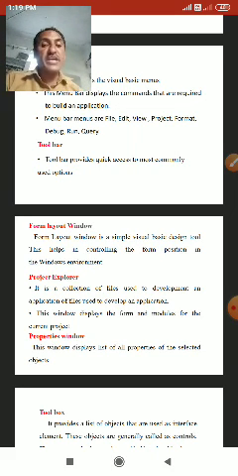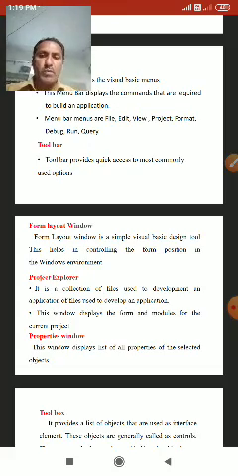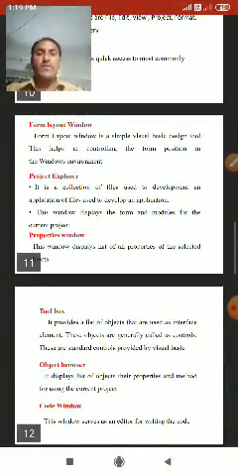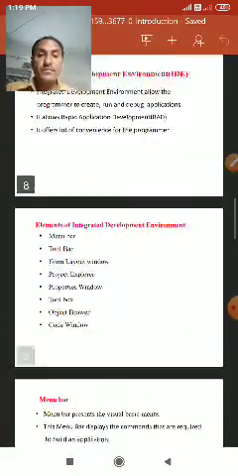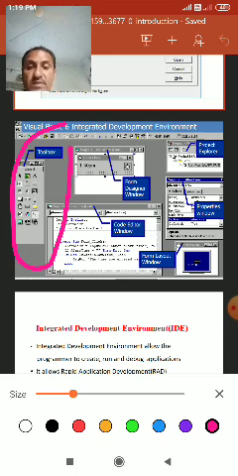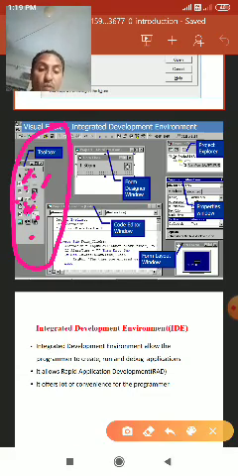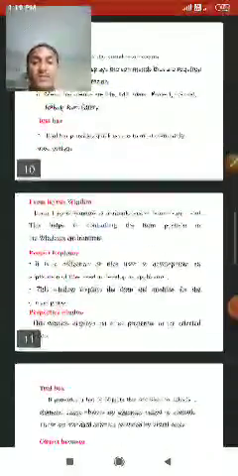Many options are in the toolbox. First of all, we take toolbox number 1. This is the toolbox, and it has many tools. We will explain them one by one.